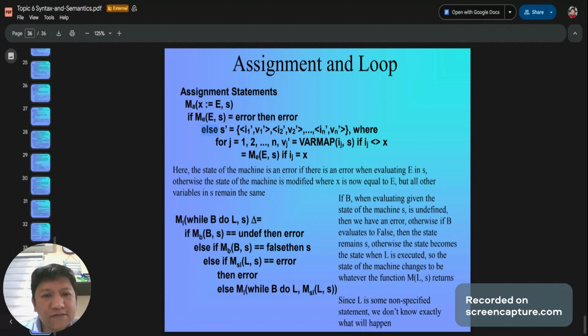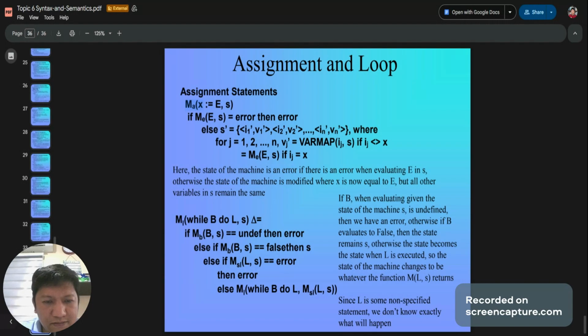Else, S' is I1 V1, I2 V2, up to In Vn, where for j equals 1 up to n, Vj is a variable map, and is S(I) if I is not equal to X. So there won't be an error if the machine is not in error.